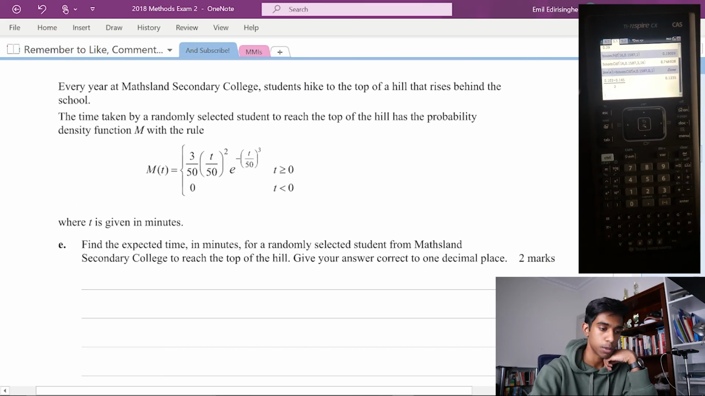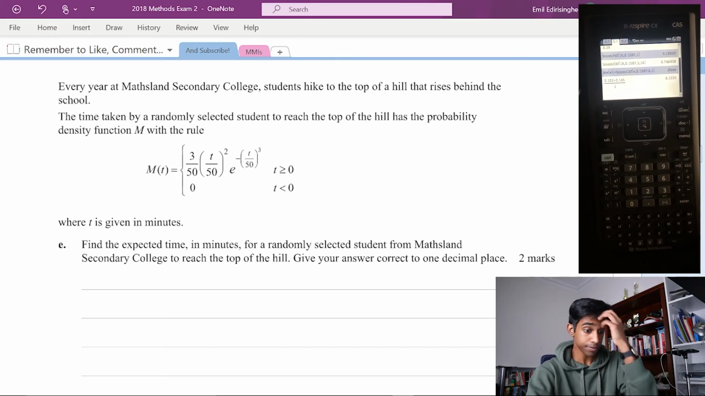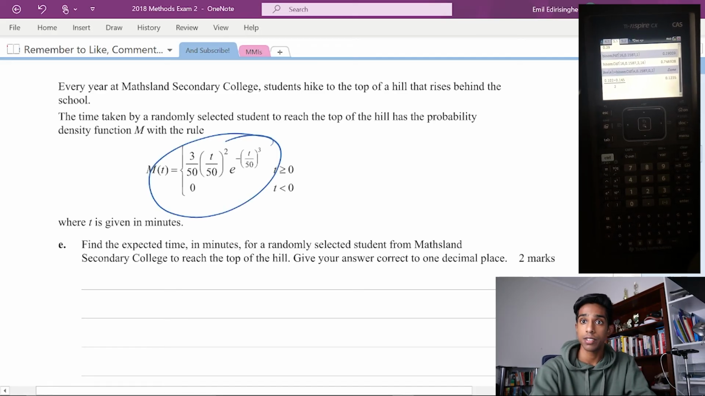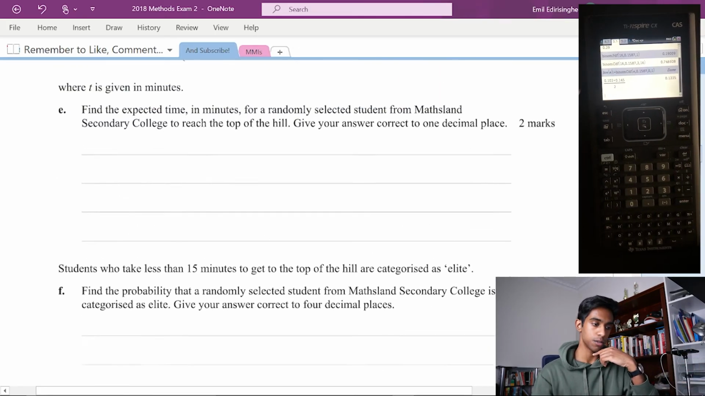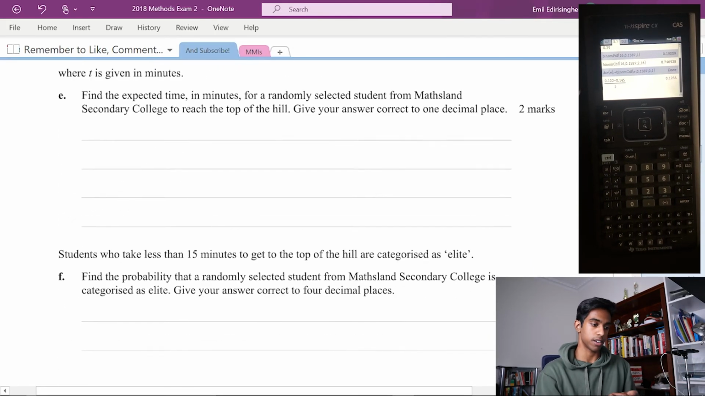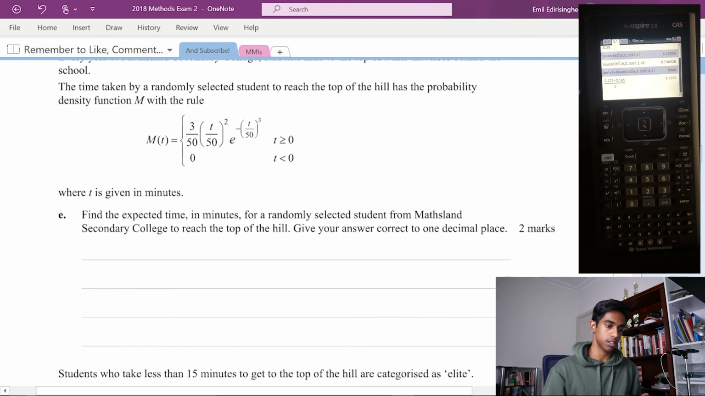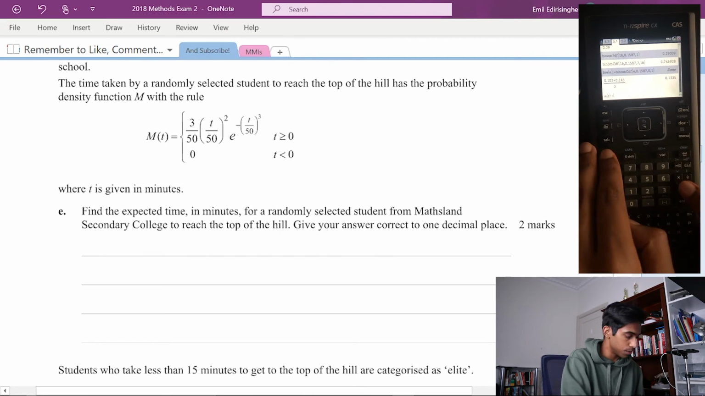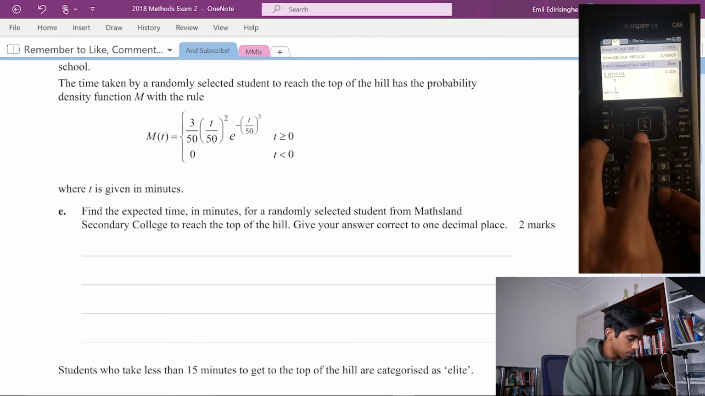Every year there is a hike. Find the probability density function with that rule, and then find the expected time for a randomly selected student to reach the top of the hill. So this is just going to be the mean of this probability density function. So what we'll do is we'll just define this on our CAS. So we got m of t is equal to 3 on 50